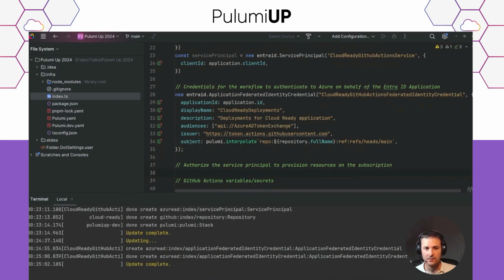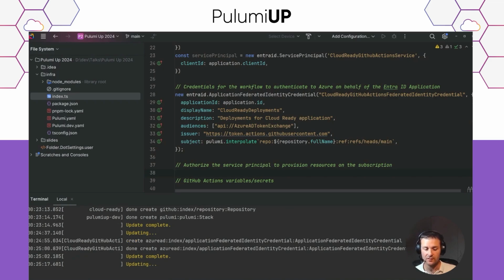We have created our app registration. We have created our application federated identity credential. Now we need to authorize the service principal to be able to provision resources on our subscription. For that, we'll give it the contributor role.